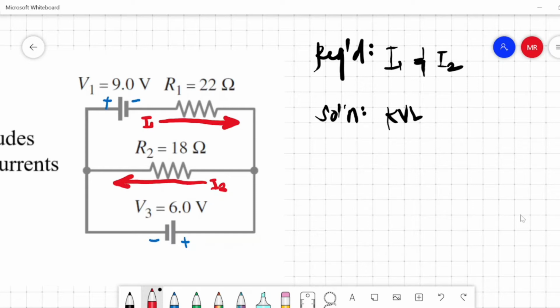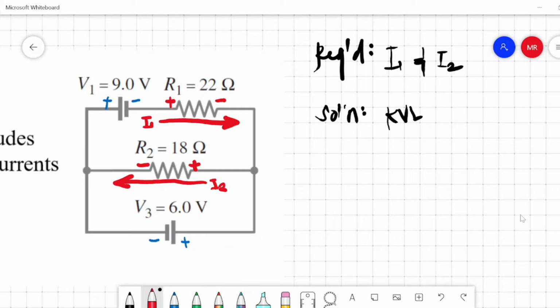Okay, so we all know that current moves from a higher potential to a lower potential. So if this is the direction of your current, the current will move from higher potential, from this terminal, going to the lower potential on this side. The same also for resistor 2, from higher potential to a lower potential. This is negative. Okay, so for us to have an equation to solve for I1 and I2, we use the principle of KVL or Kirchhoff's voltage law.